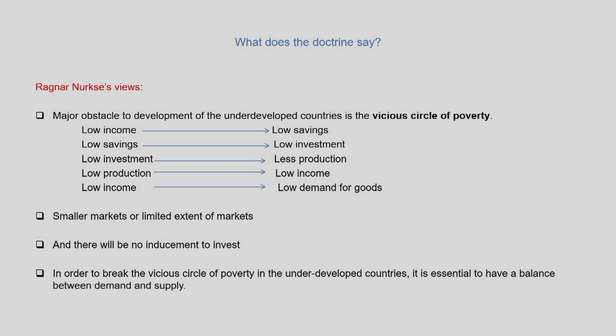This is a lecture in progress. In the next lecture, I will discuss the ideas of Professor Rosenstein-Rodan and William Arthur Lewis on balanced growth, followed by unbalanced growth. What are the basic differences between the balanced growth doctrine and the unbalanced growth theory, and then we will move on slowly to the other models of economic development and growth that I have highlighted.